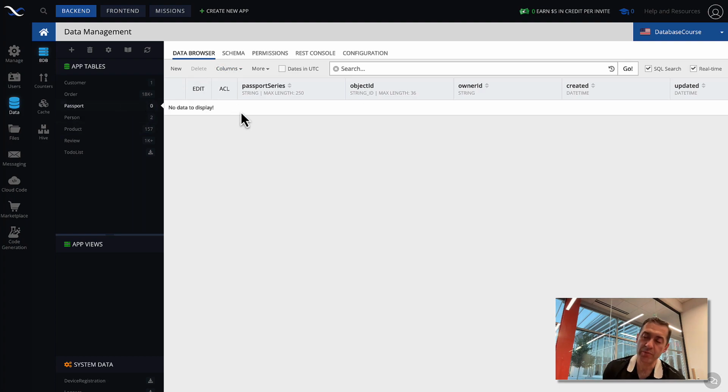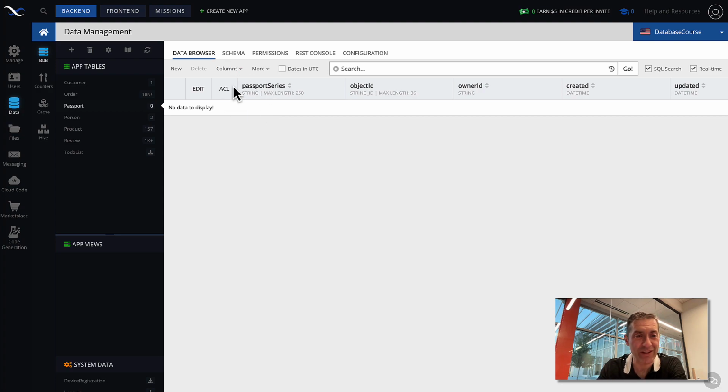So a relationship that connects person and passport is a one-to-one relationship because, well, technically a single person can have multiple passports. Like in the Jason Bourne movies, Bourne had a dozen different passports. But let's just say that there is one in the application that this is a model for. So a one-to-one relationship is fairly easy to define. There are a few things that you need to keep in mind, and I'll go over that.